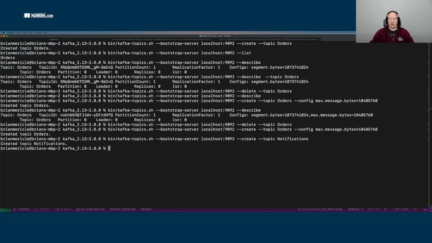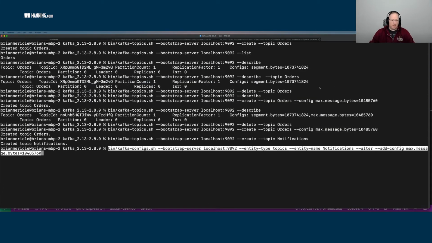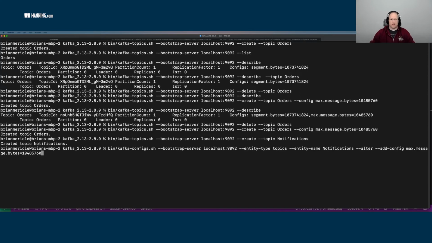And so I want to tune that out. I want to tune it after the fact. So there's another command here called Kafka Configs that you can run to alter the configuration of the topic that's already been created. And how you do that is you have the Kafka Configs script, you pass in your Bootstrap server like always,